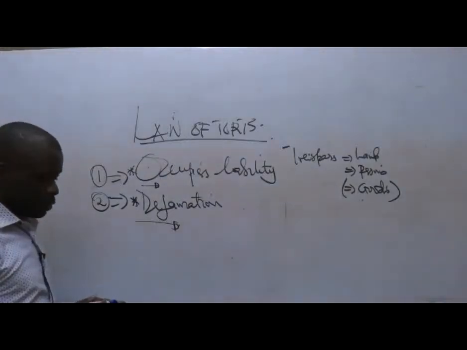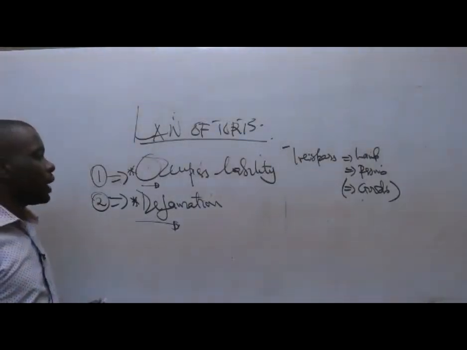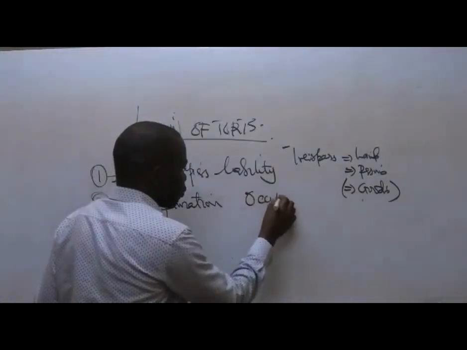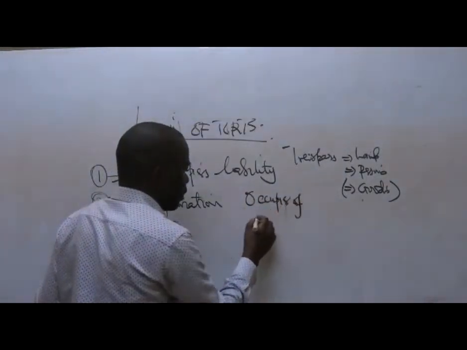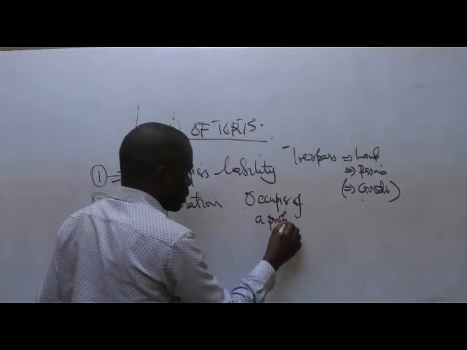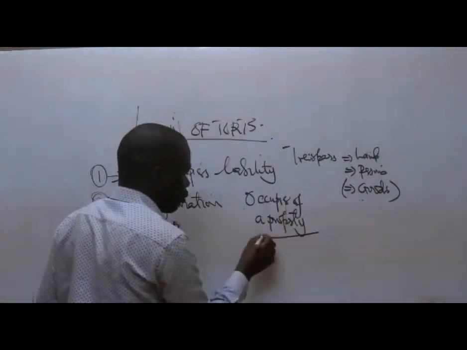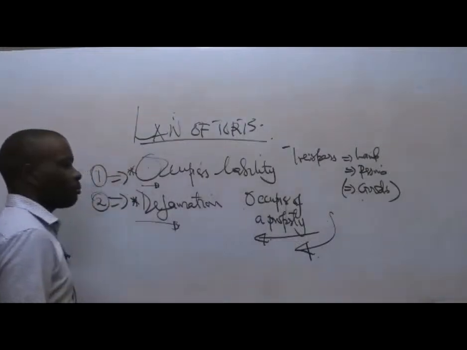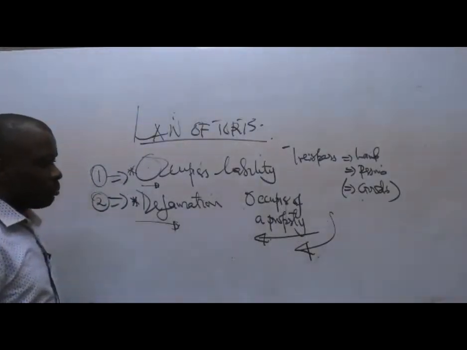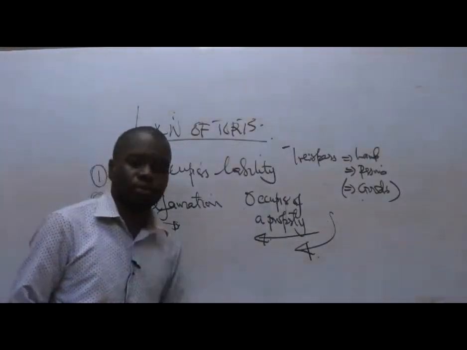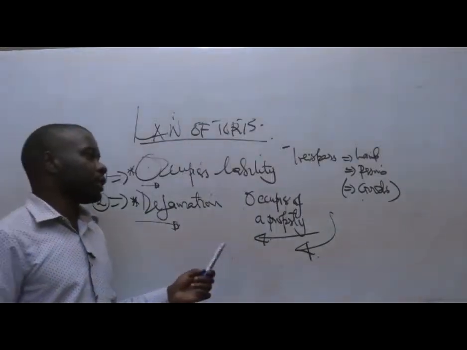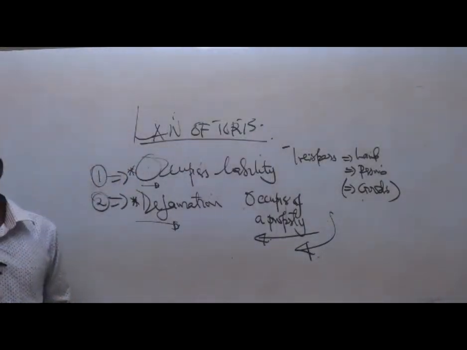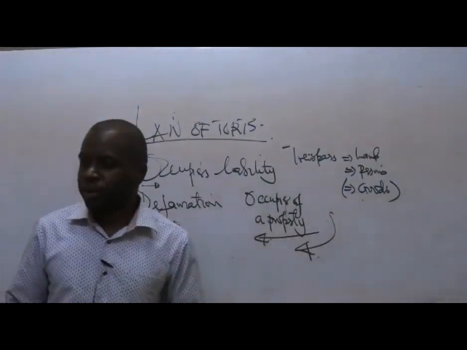basically talking about the responsibility of an occupier of a property toward those who are likely to visit the property. For example, if it is a building, let's say a supermarket, what are the responsibilities of the occupier with regard to those who are likely to visit or come to the premises?